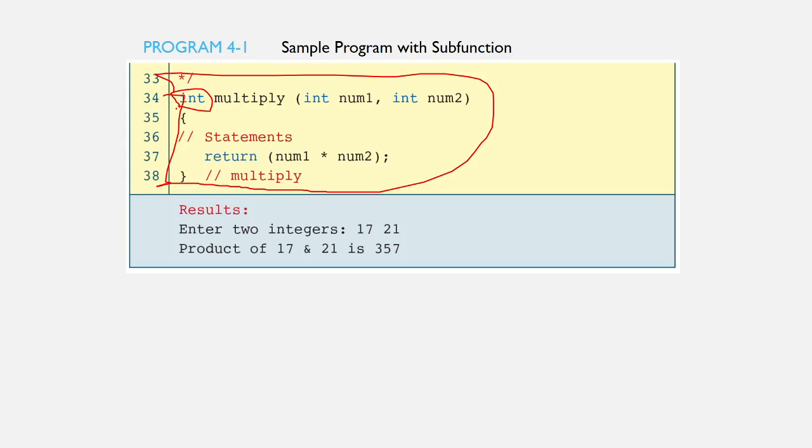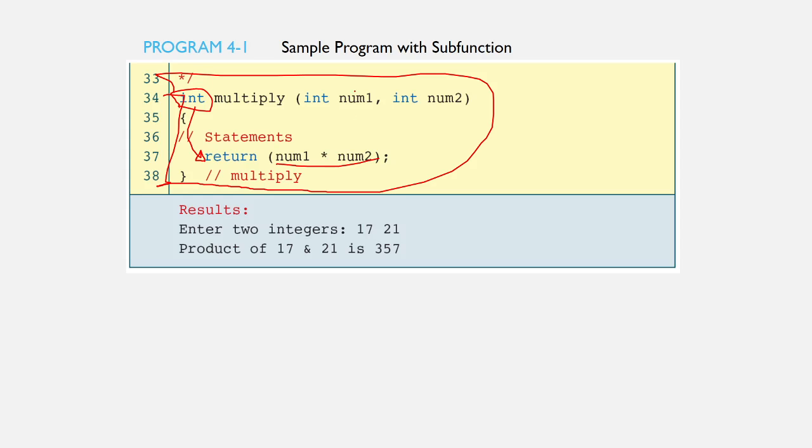So we have to expect that this function will return a value of type integer. Inside this function definition we have a statement to return the product of num1 and num2, specifying the character asterisk for multiplication operation.